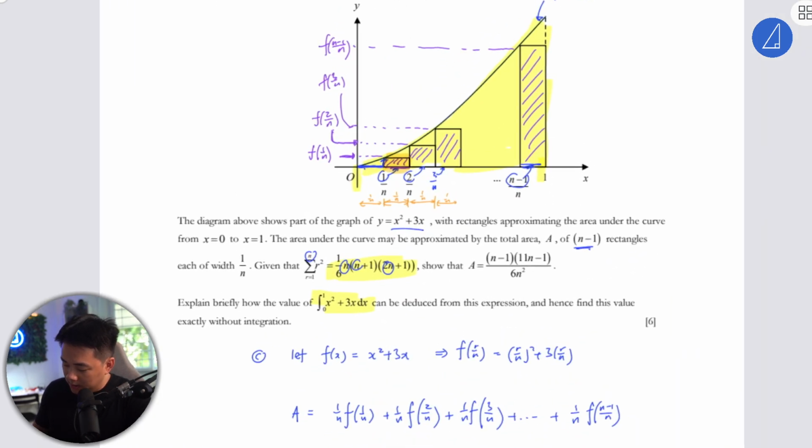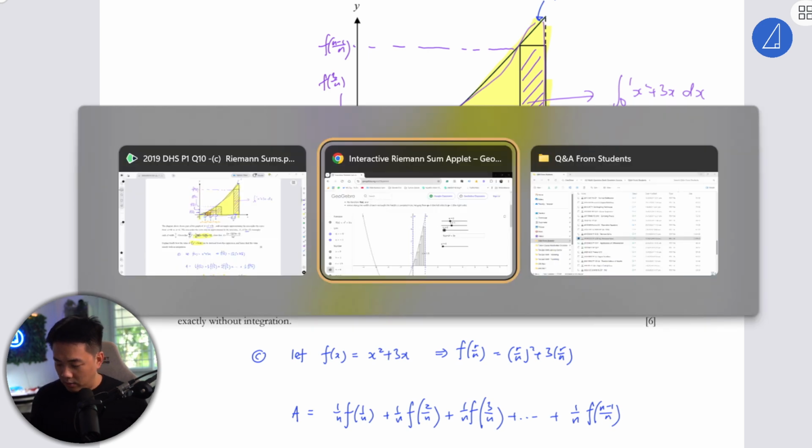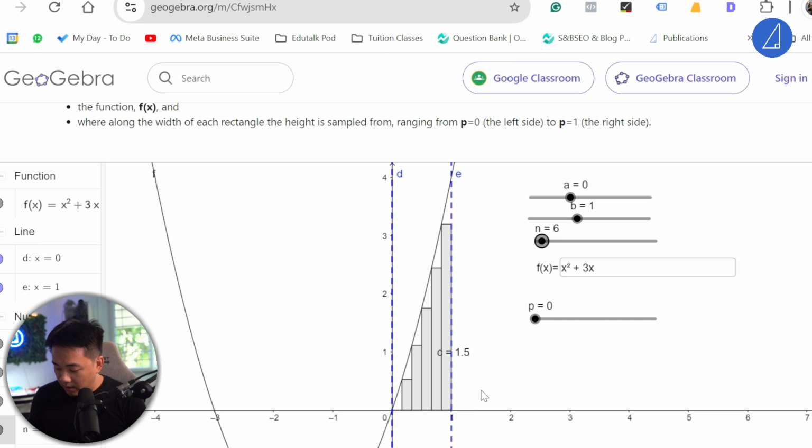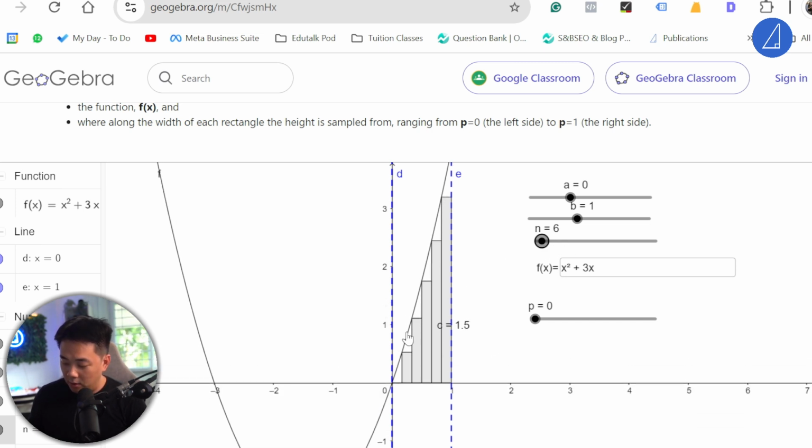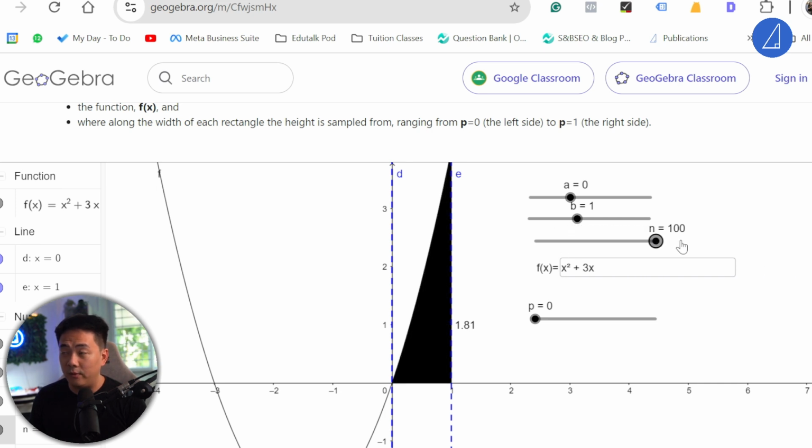Remember, this is the entire area in the graph. If you take this exact area of this shaded area here, this will be the integral from 0 to 1 of x squared plus 3x dx. Remember what Riemann sum does is actually this. This is the graph from 0 to 1. If you use n equals 6, obviously there are a lot of gaps under the graph. So if you use 4 rectangles, it's not a good estimation. But what happens if you increase the number of rectangles, it becomes infinitely small and it becomes the actual area